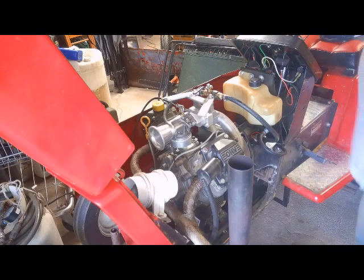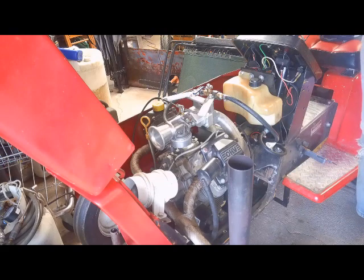Alright guys, there you go. New fuel lines are all installed and ready to go. I think this is going to help a lot. Hope it helps a lot. And if it doesn't, then we'll go back to the drawing board and get a bigger fuel pump. But until that point in time,